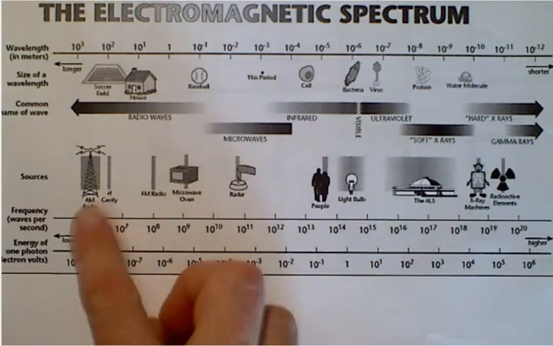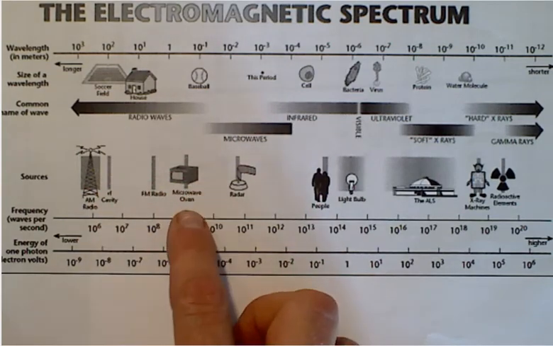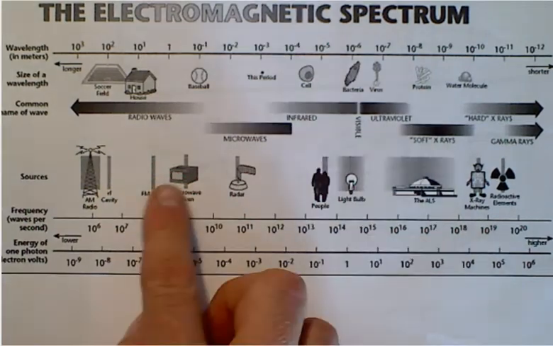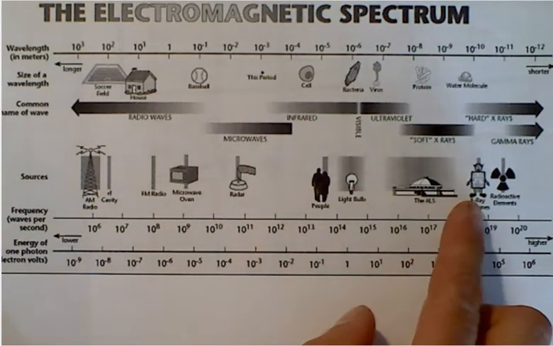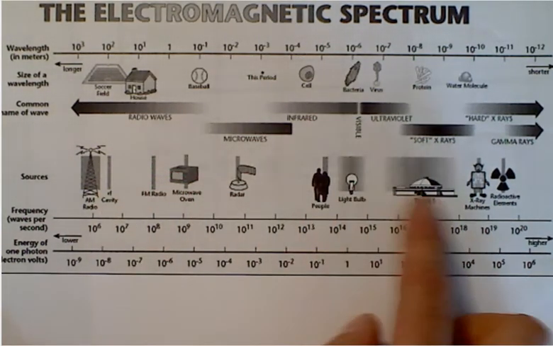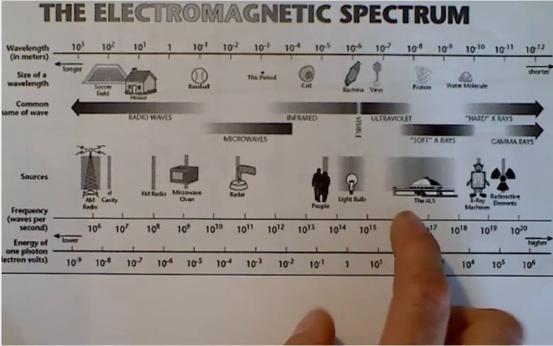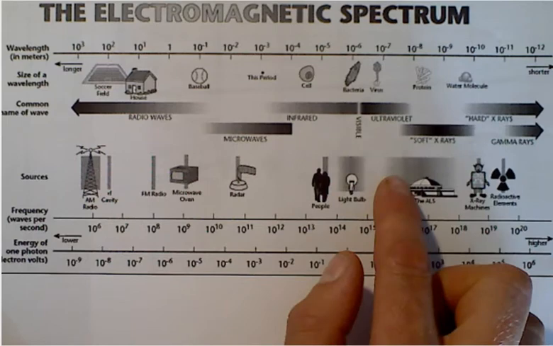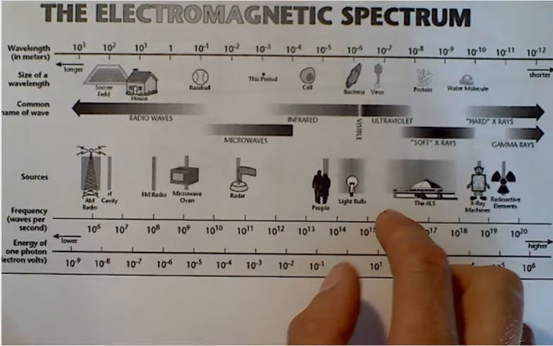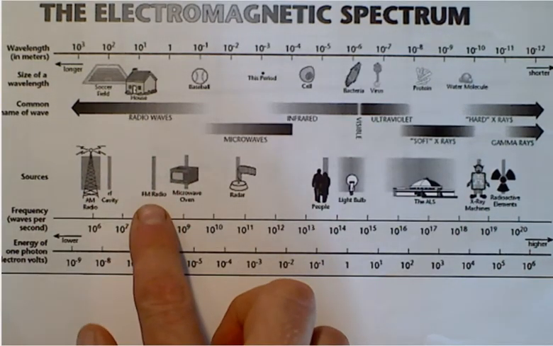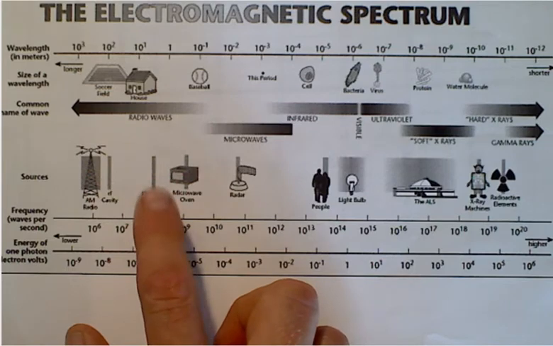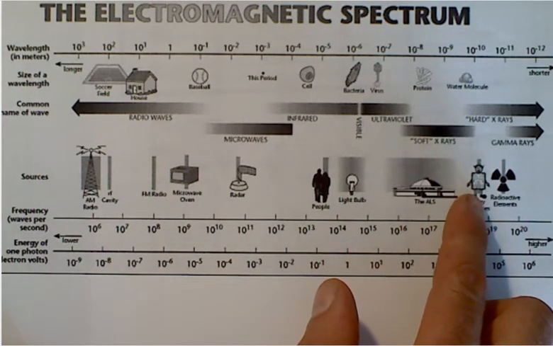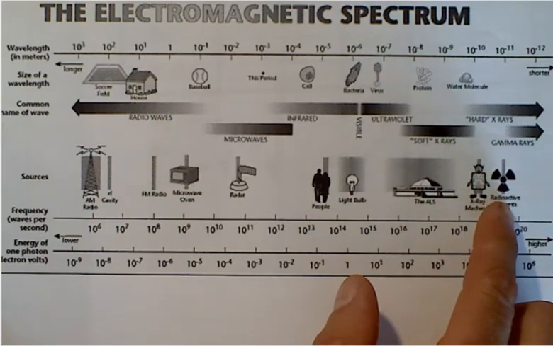And so radio waves right here going up to microwaves, that's what you can cook your food with, and you can obviously see that it gets more and more energy as you go this direction, right? So if you are out in the sun and you're getting a tan, you're somewhere over here. If you're calling someone on your phone, you're somewhere over here. So these ones are not going to hurt you. These ones over here, if used correctly, can kill cancer or give you kids with 9 heads.